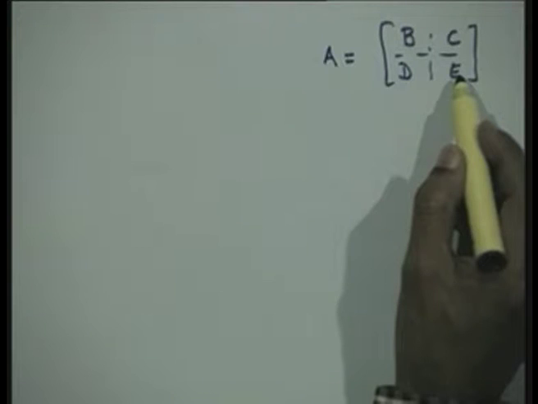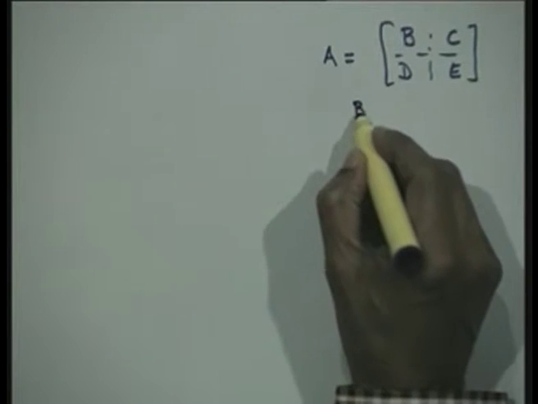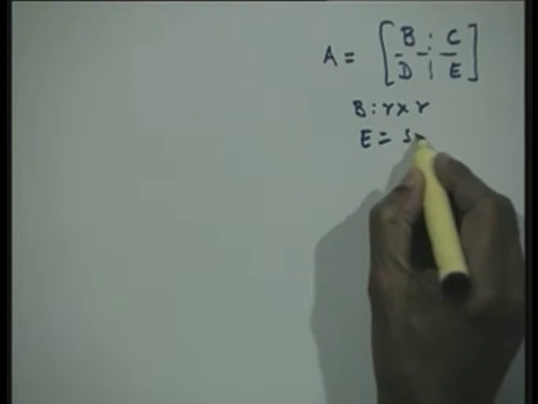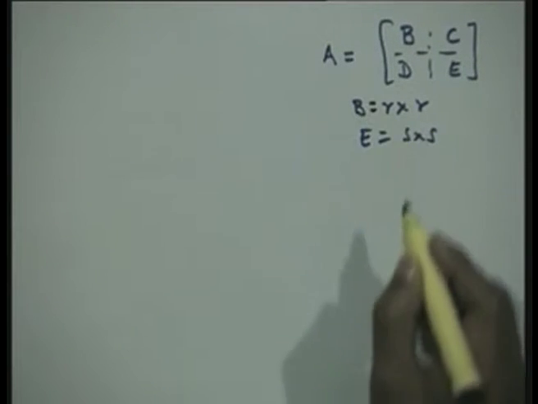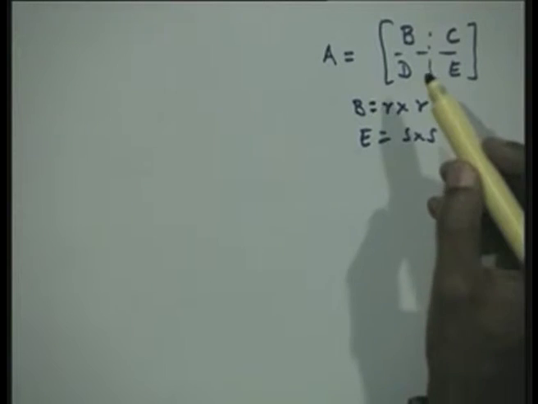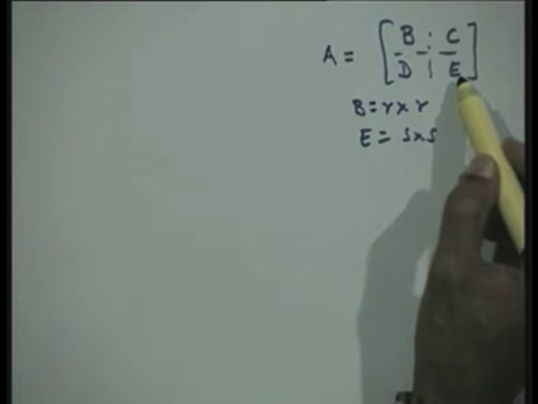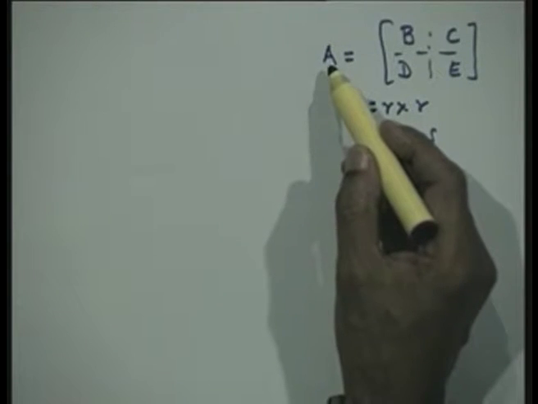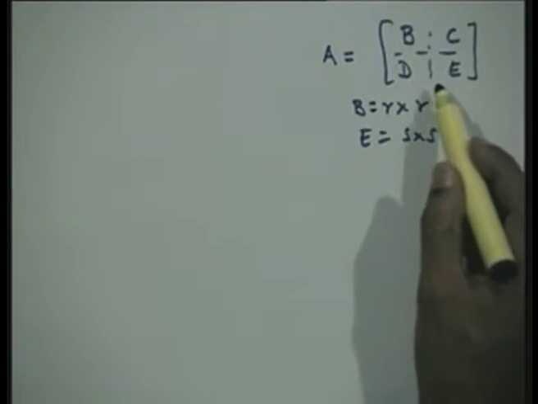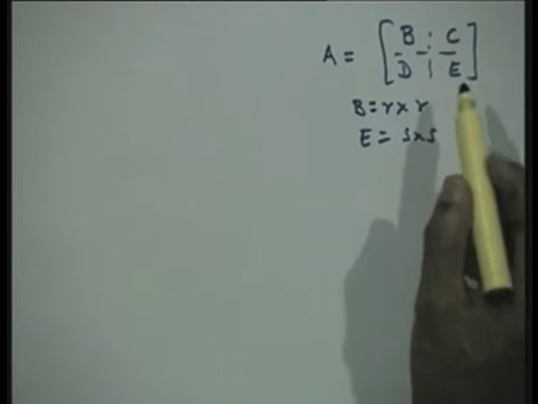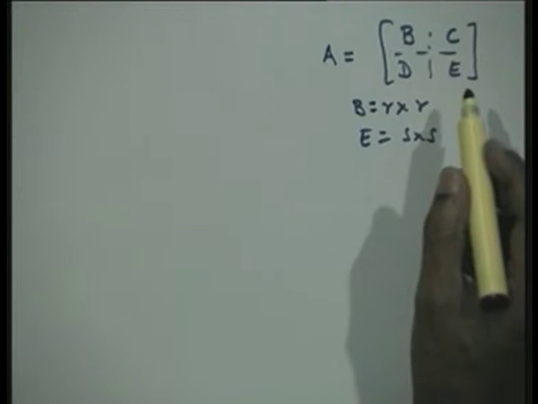order matrices, where we have taken B as an R into R matrix and E we have taken as an S into S matrix. Now, by finding the two inverses, one of R into R and another of S into S, we can find the inverse of the matrix A. Of course, we will have to do a little bit more of matrix multiplications also in order to produce the final result. However, there is substantial saving in the total computation cost. Now, let us illustrate this through an example.